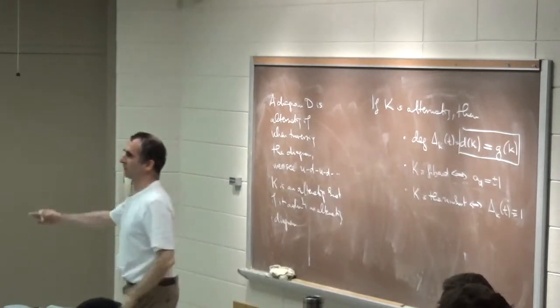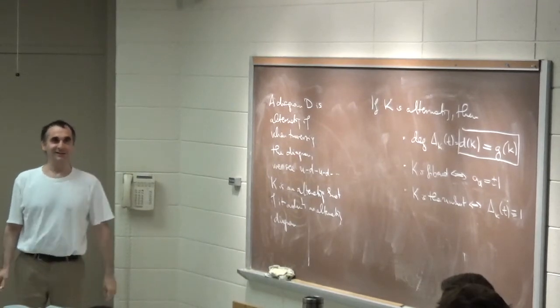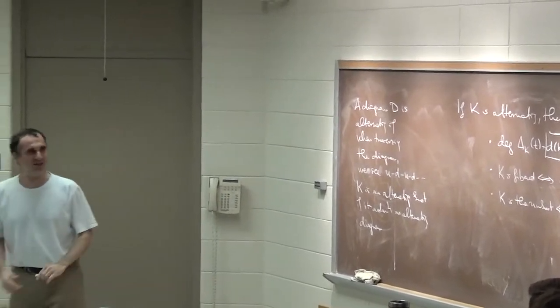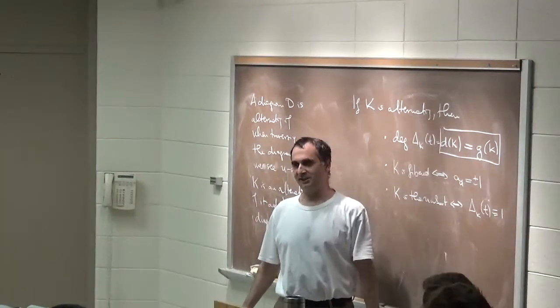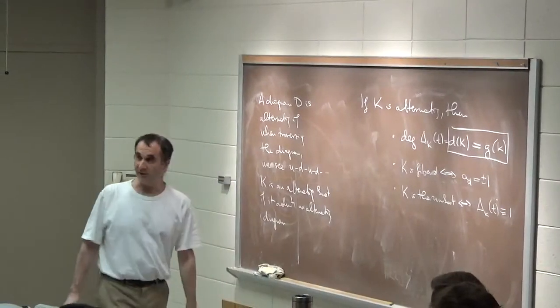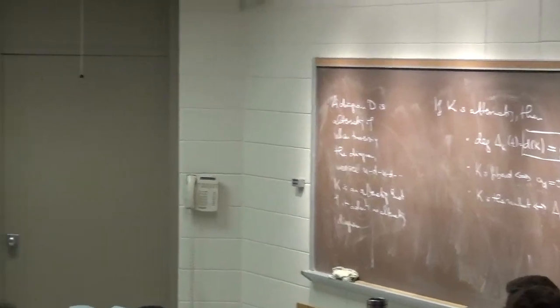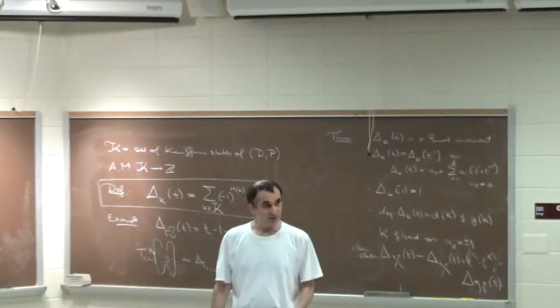Among all knots, we do have an idea that it doesn't. There are knots which have a constant 1 Alexander polynomial, and they are still isotopically unknown. Okay, so this is what I wanted to say about